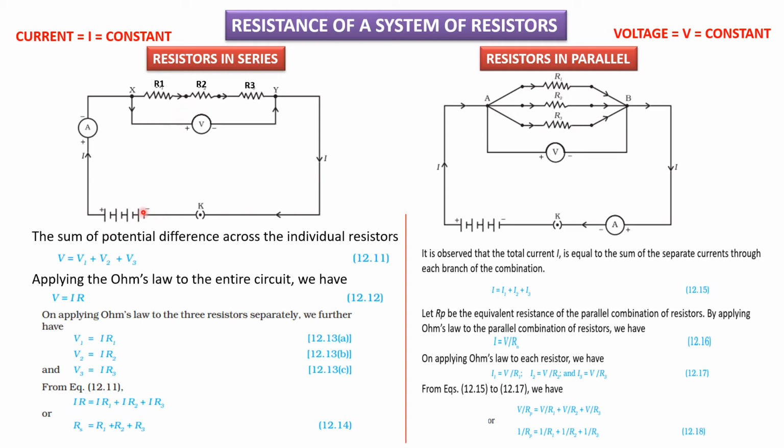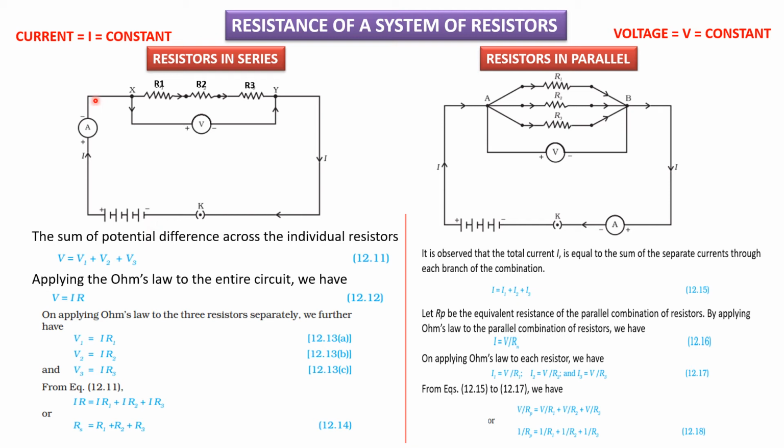Think that this is a battery. A battery is a collection of cells. See how many cells are there? One, two, three, four cells. So four cells have been put together and it has become a battery. This side is the positive side and this side is the negative side. The current, represented by I, starts flowing from the positive side and is connected to an ammeter. The positive of the ammeter is connected to the positive of the battery, and the negative of the ammeter is connected to the negative of the battery.